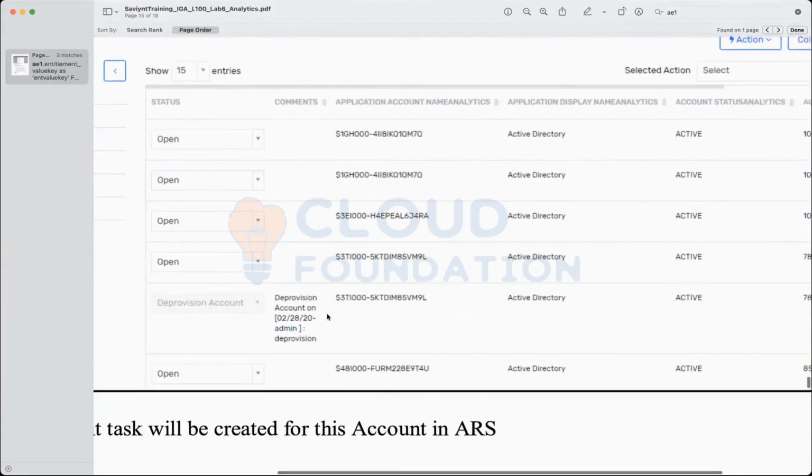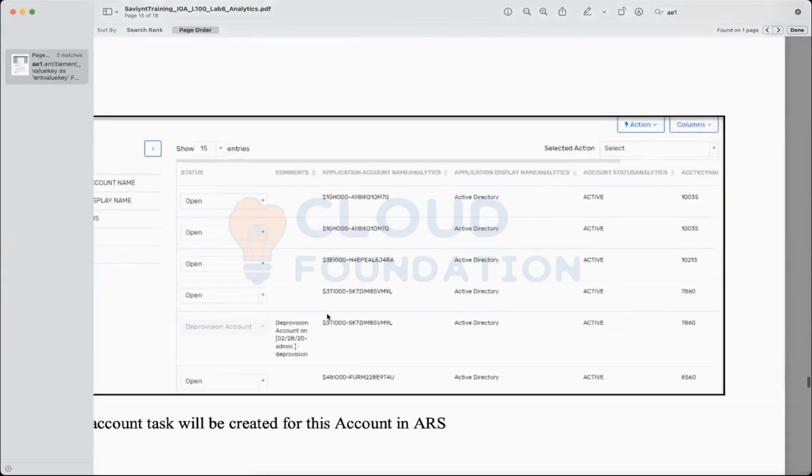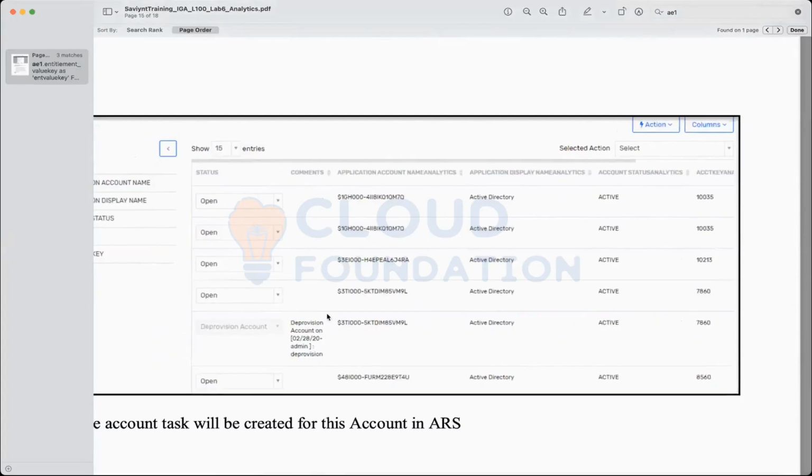And that is the important point. If you remember, I was telling you that you have an option of only generating the report, and maybe you can click on action and put all this data in Excel and then share it across. But if you want to take action on it as well, you can do that from here only, and that is why it is called actionable analytics. I clicked on the drop down and I clicked on deprovision account, and this account for this user will get disabled. And this is all that I wanted.